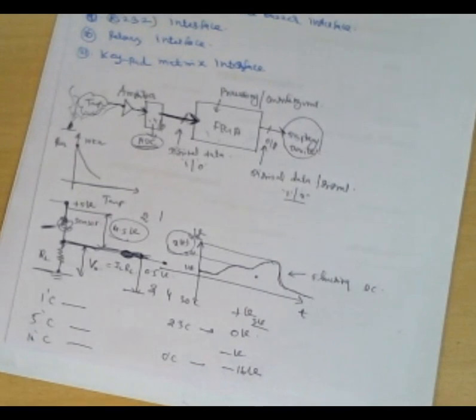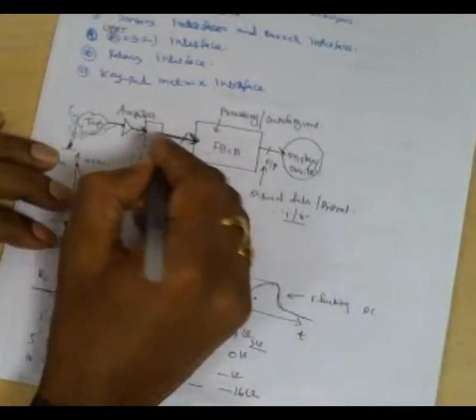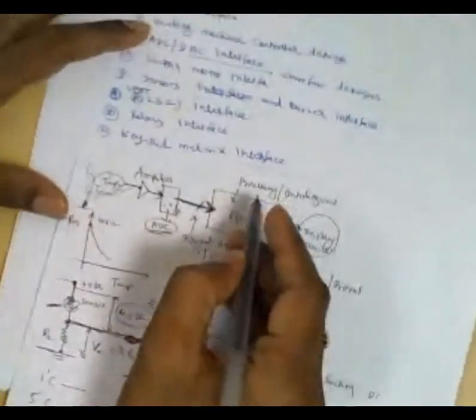The protocol may be something like this. Suppose I am giving one command to the ADC: start the conversion. At that time the ADC will read one sample of that fluctuating DC and convert it into digital data. Then it will tell me the sample is ready. Then I will tell it, give me the sample, and I will collect the sample. Then again start conversion, data sample is ready. So between these two devices, some communication is going on. What kind of communication?